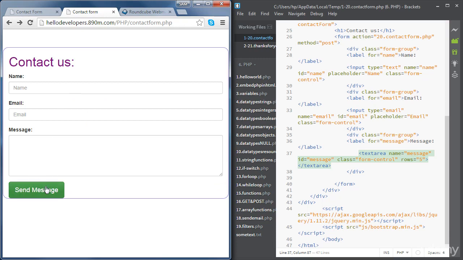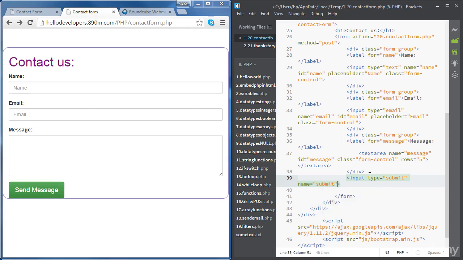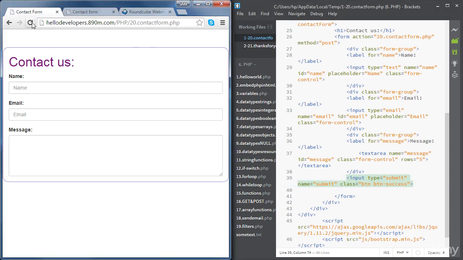Okay, so we can just add an input of type submit, and let's give it a name submit, and we're going to style it using the button and button success classes. Okay, so if we refresh,